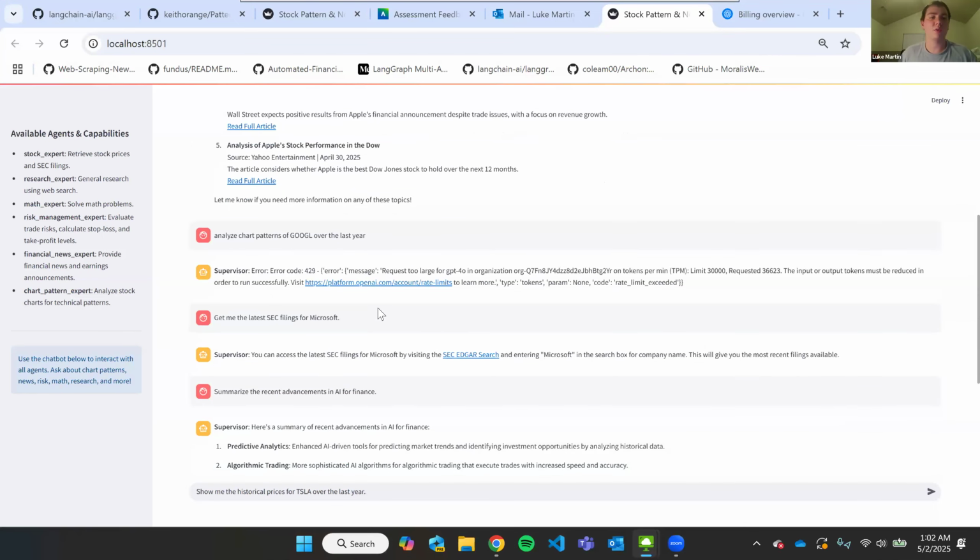So for the chart patterns, this is the pattern pie. I guess a repository I used, but now it's serving as an agent, and I did hit my limit on my request, but thankfully I have a